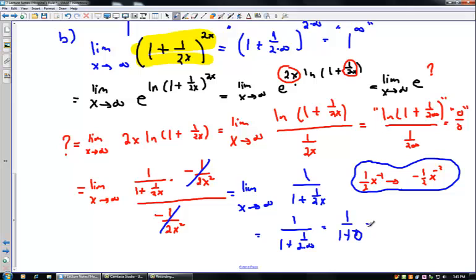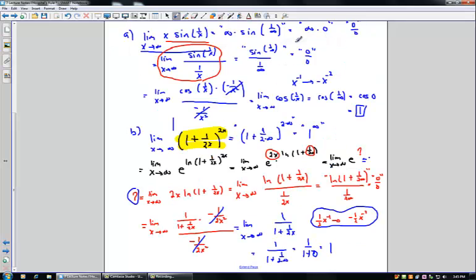And that's 0. And that's equal to 1. Now be careful, you're not quite done yet. What you just found out is that the question mark here is equal to 1. So this answer here is equal to the limit, and I'm running out of room here, so maybe I can zoom out just a little bit. All right, so this answer